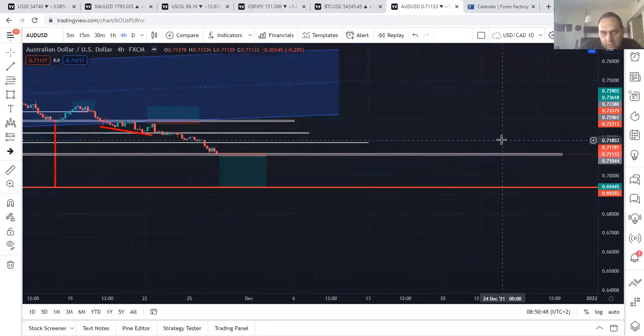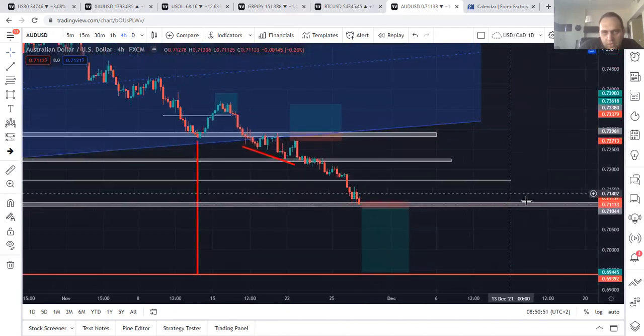Okay, it could retrace up before it keeps moving down, and that's why